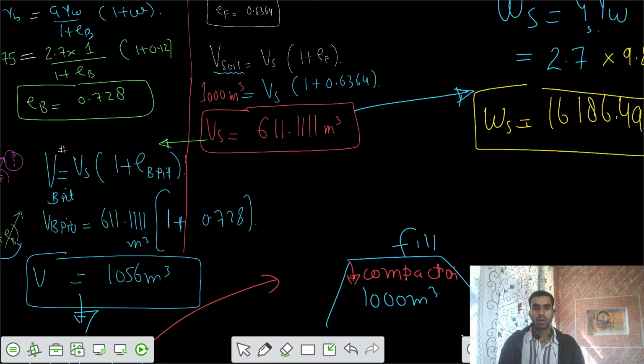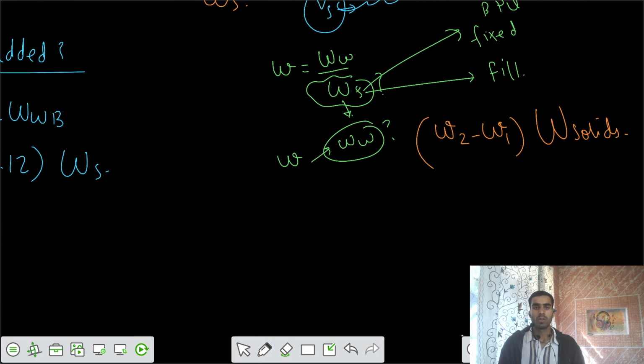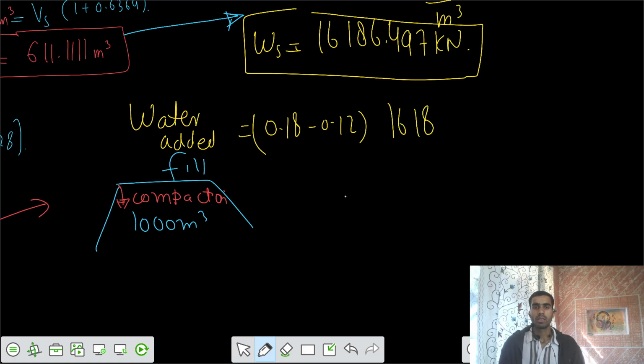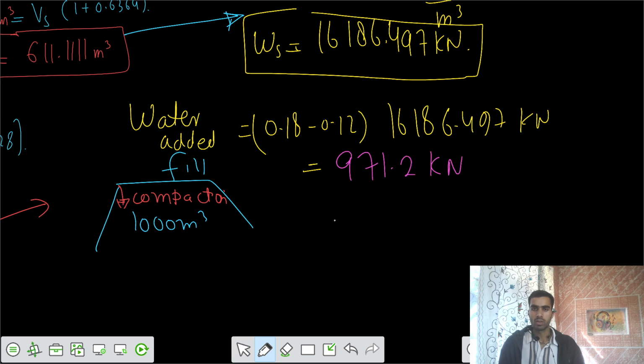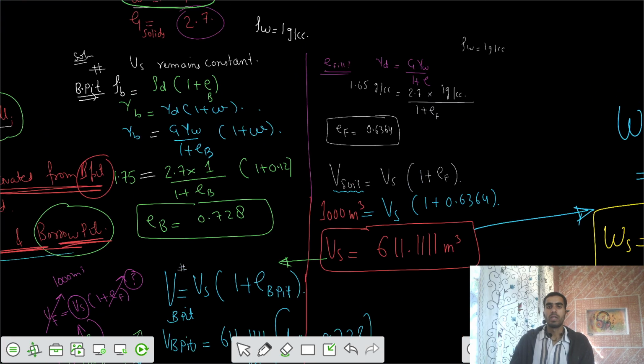So what is the water content? What is the total weight of water we have to add? That is 0.18 minus 0.12. So finally I would write water added is equal to 0.18 minus 0.12 times this value of 16186.497 kilonewton. So this value is coming to be equal to 971.2 kilonewton. So this much amount of water we have to add, such that the specifications of the borrow fill are achieved. Okay,